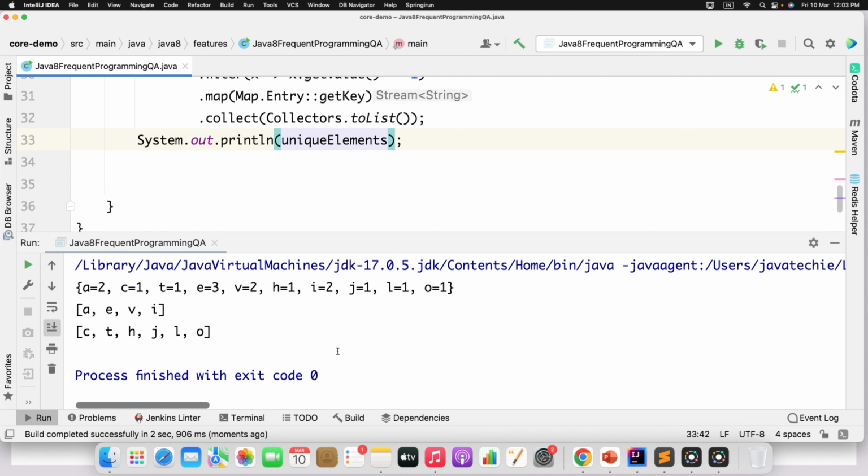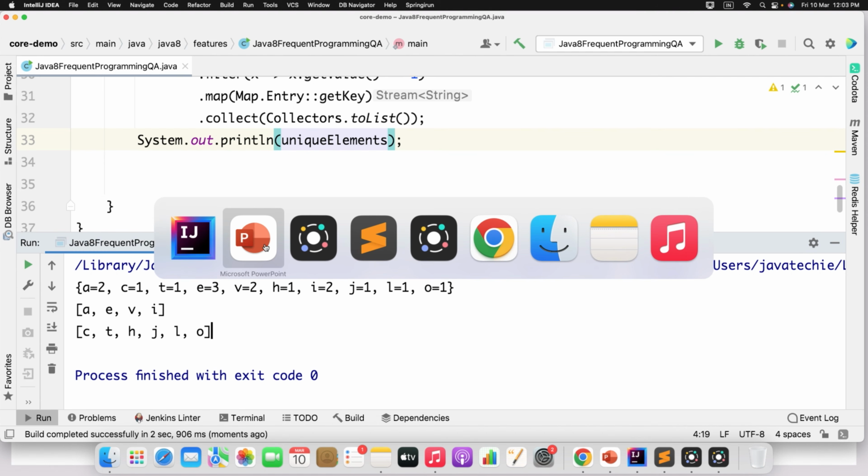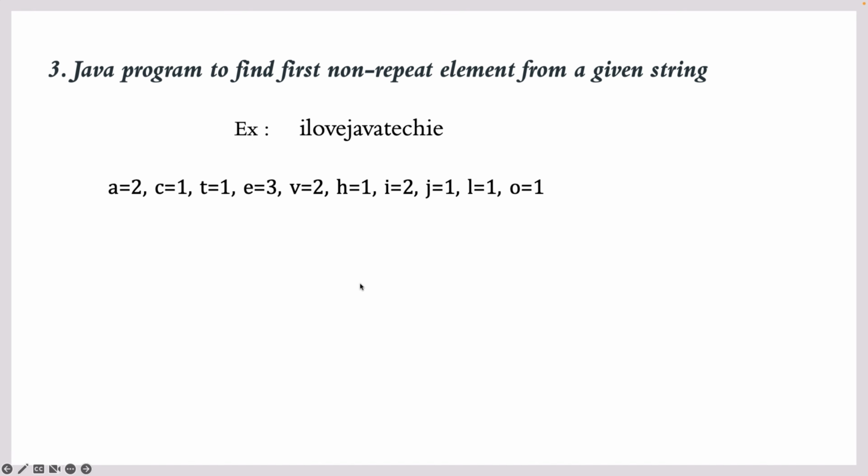if I zoom this for now, CTHJLO is the unique element and this is the duplicate element. If you observe, the unique elements have count 1 in the map, and these are the ones with count more than 1. Okay, fine. Now let's move to the next one, that is, write a Java program to find the first non-repeat element